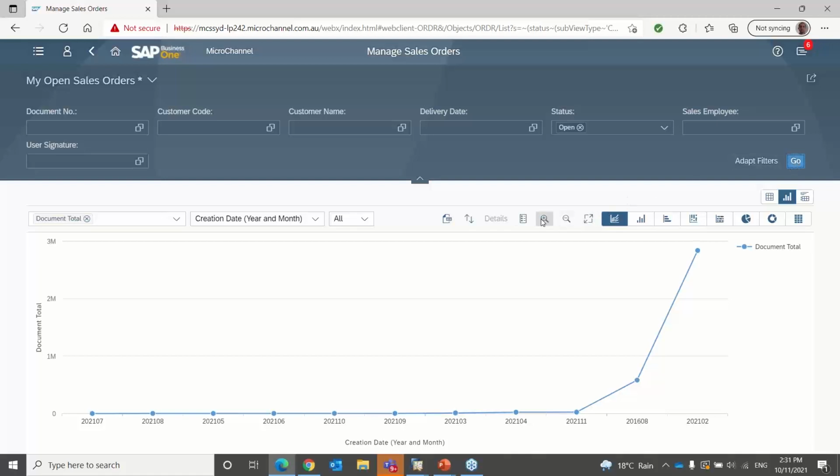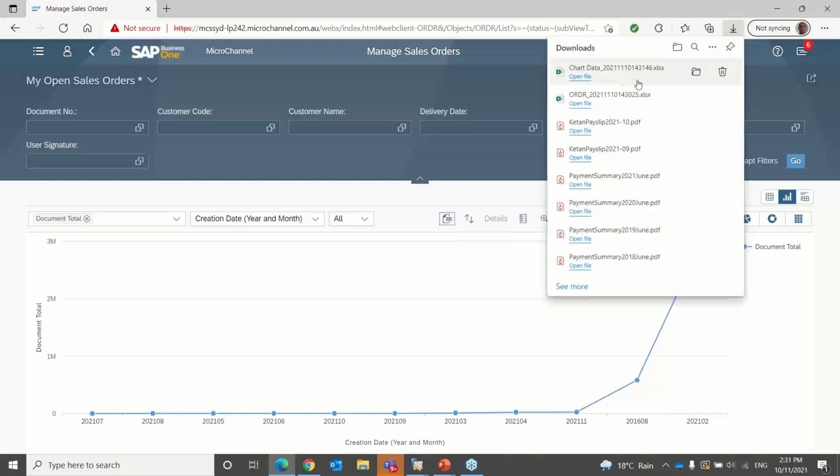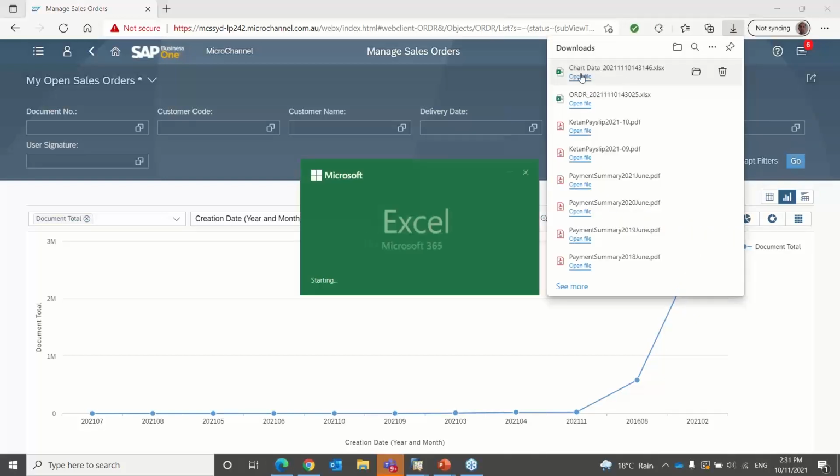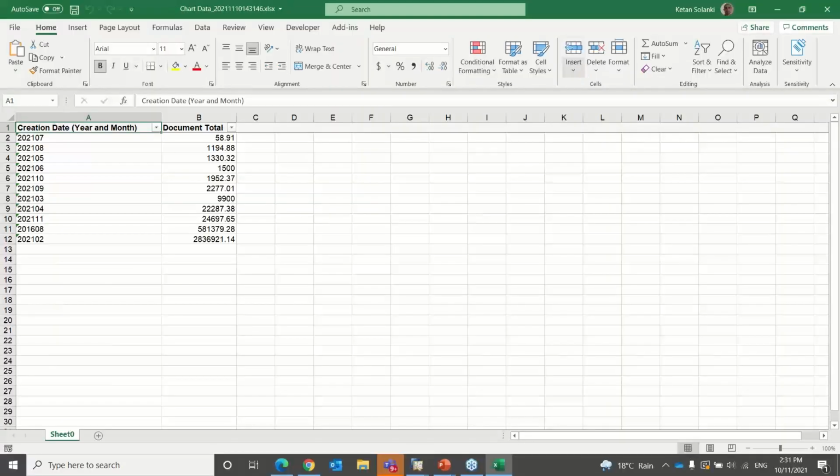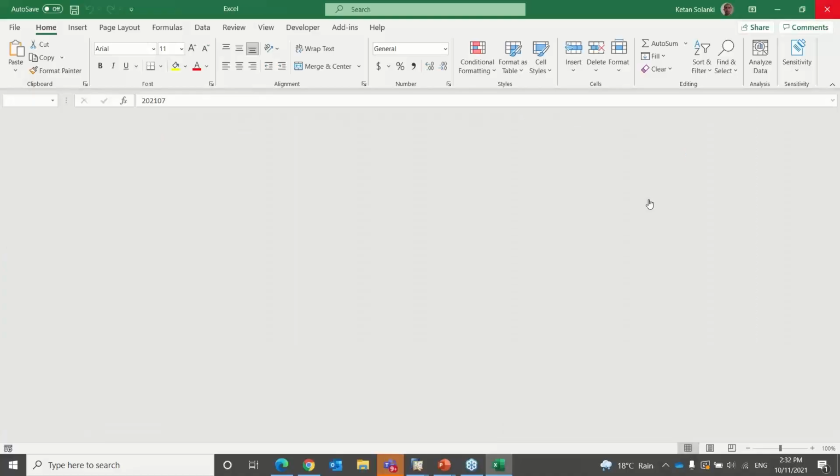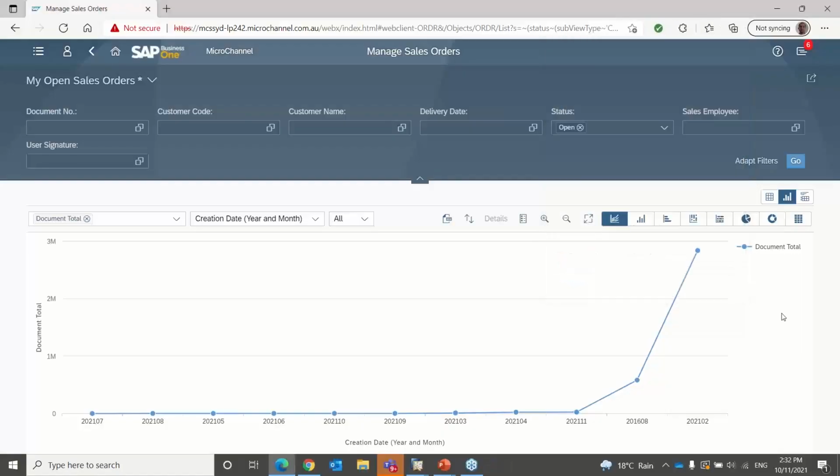What I then can do is I can export the data from the chart. The resulting data can be exported to Excel, and I can view that information like so. So I mean, it's not giving me the graph exported, but what I can see is the raw data and what it looks like in an exported format. Okay,